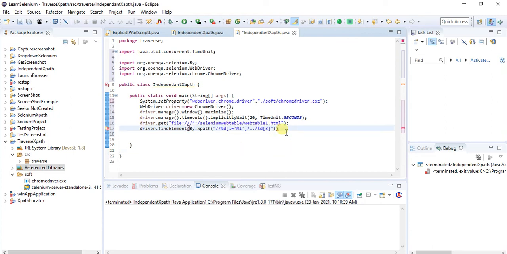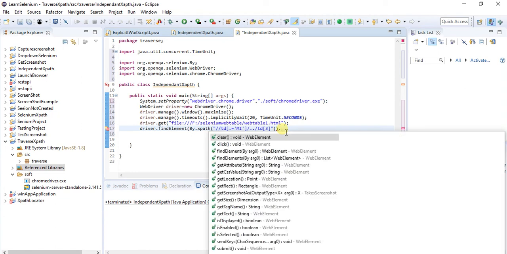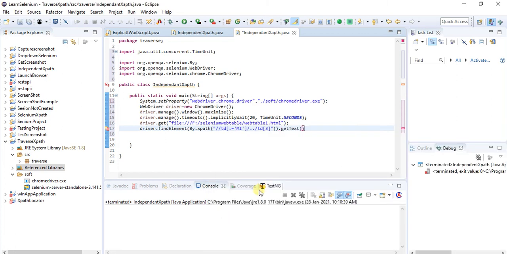I have to get that text, so I'll be using the getText method. This is a string, and then I will create one variable and assign it there.